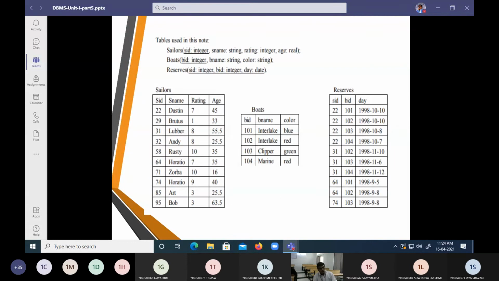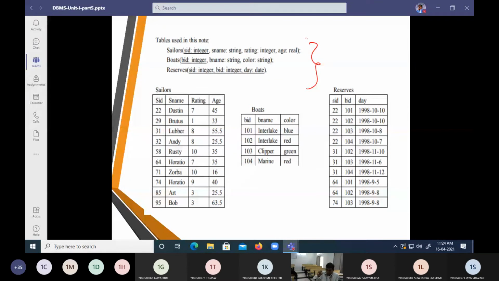Now, there is one more interesting database, and this database will be the guideline for you to take to Unit 2 and Unit 3. This is the only data schema we are going to use for Unit 2 and Unit 3.